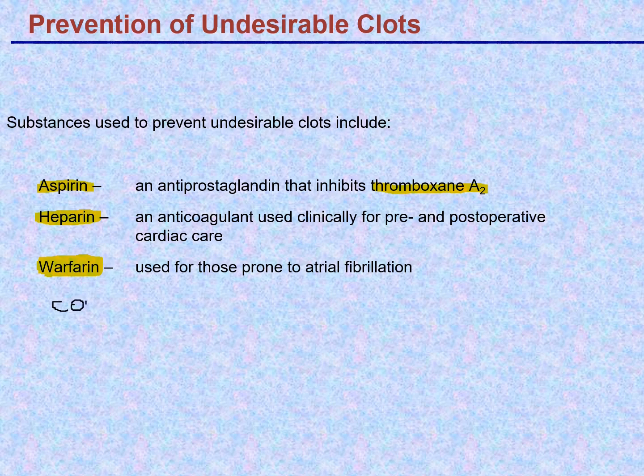And many people are on Coumadin therapy to prevent unwanted or inappropriate formation of blood clots and coagulation in their bloodstream. Coumadin is generically known as warfarin, and I can tell you that warfarin is what you have in rat poison